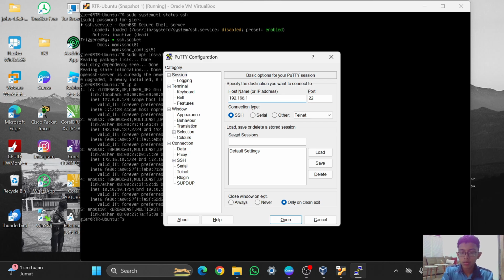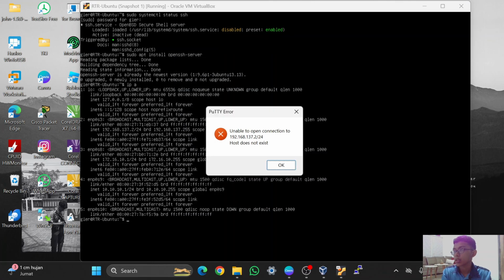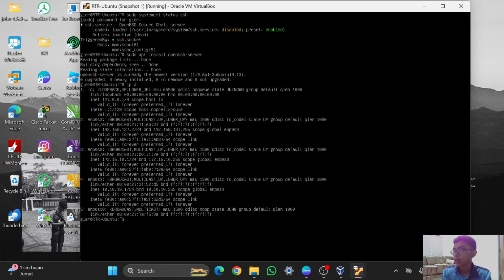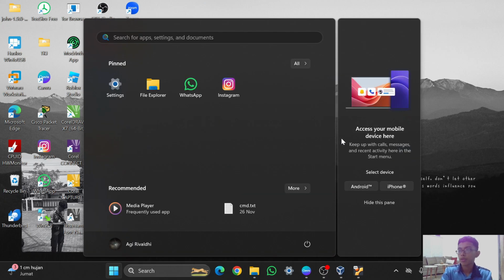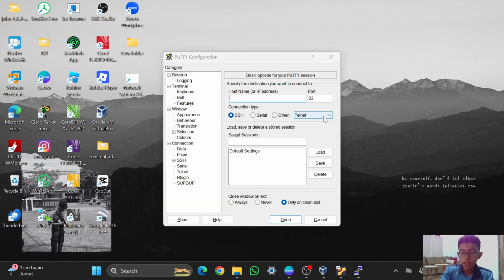And then this one is the IP of the router Ubuntu that connects to the host OS. And I think I need to add the prefix, and I can just enter and open. Sorry guys, I will try to ping the host OS first. Is it working or not? Yes, it is working, and I think I don't need to use the prefix, guys. I will fill it again.